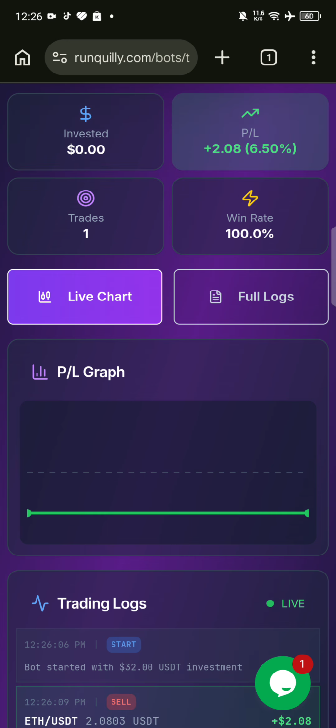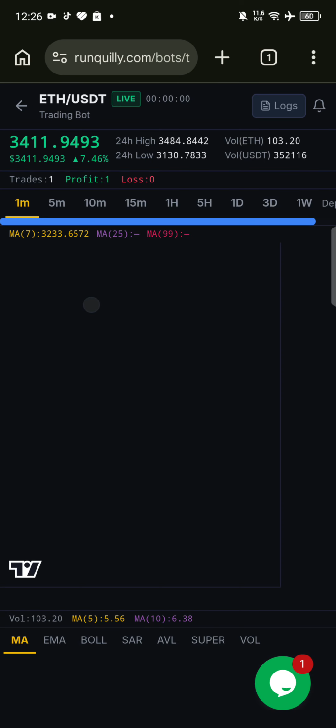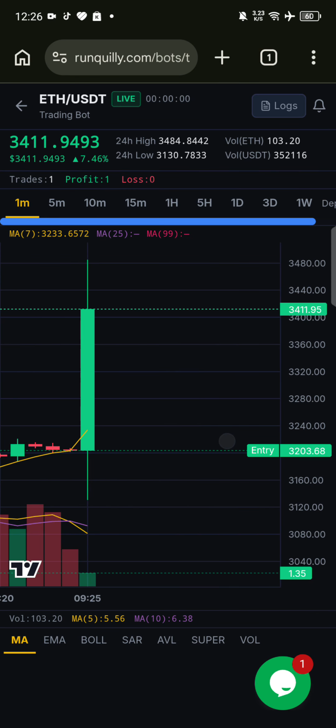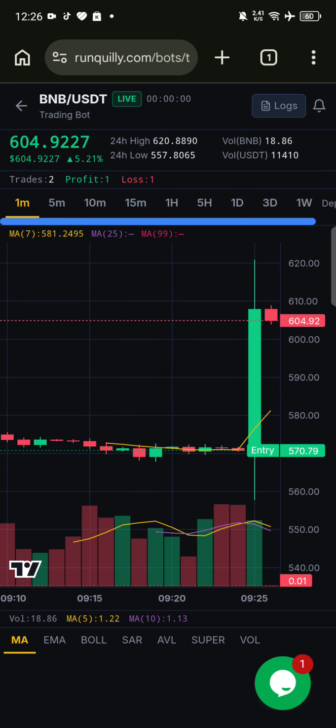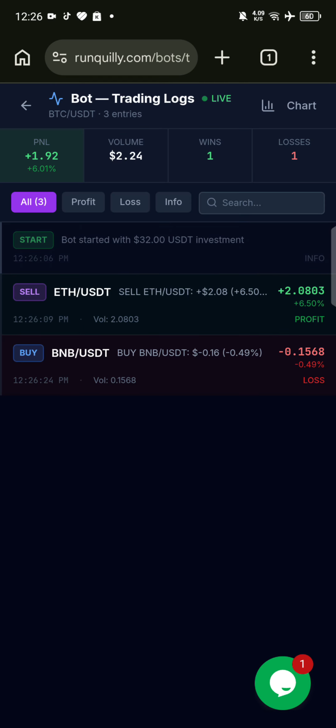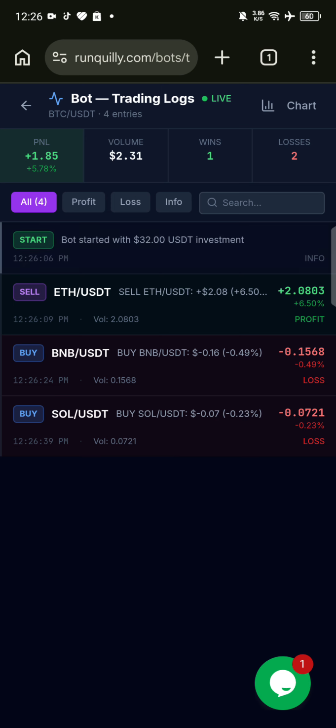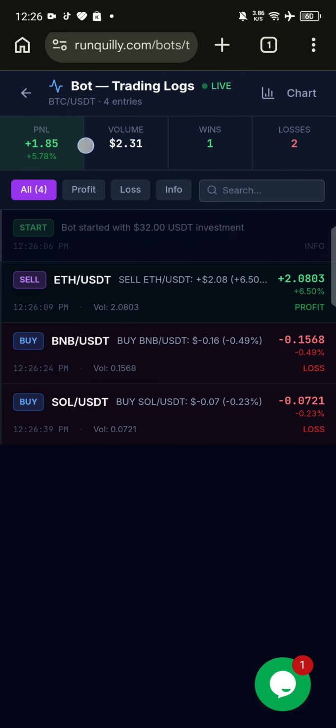And as I said, I remind you, these are automated bots, so you don't have to set anything. Our first trade has given us $2. You can check the live bot, live logs. This is the chart. You can see the candlestick of green. That means profit. The candlestick of red going downward below your entry point, that means a loss. You are running on a loss. But right now, even if it forms a red candlestick as it has formed, still we are running on profit because it is above our entry point. We can check that in the logs. You can see it has a profit of 2.08 and a loss of 0.1, 0.7, another loss, but the PNL still reads